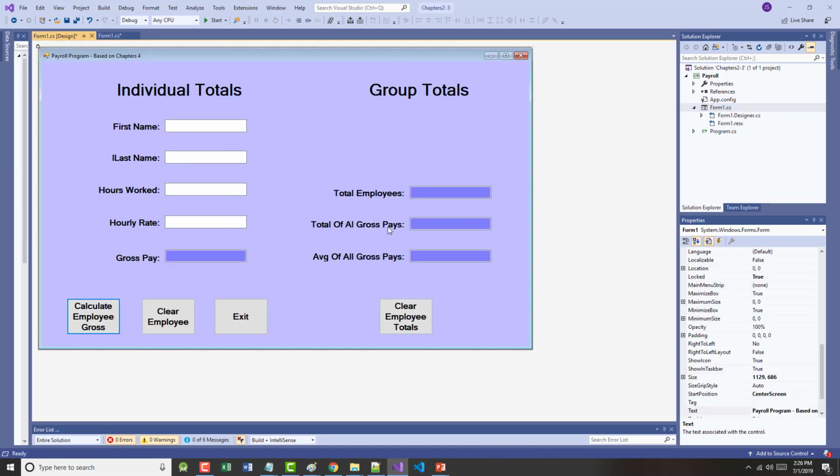Part of the problem is I want to make sure that isn't blank, that isn't blank, that isn't blank, and that isn't blank. In addition, this field should be validated to make sure that it's numeric and that it is not less than 0 or greater than 84. This field should be validated to make sure that it is indeed numeric and that it's between 0 and 250. Only if all 4 of these things are true should I actually create the gross pay and keep going on. So to show you, hopefully fairly quickly, how I did that,